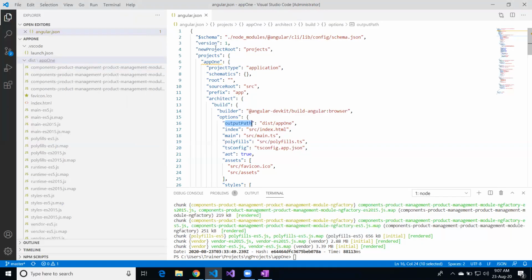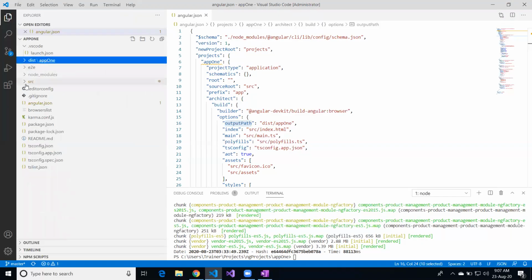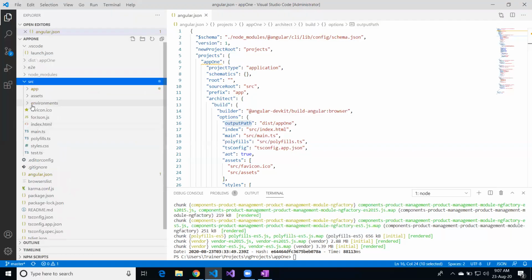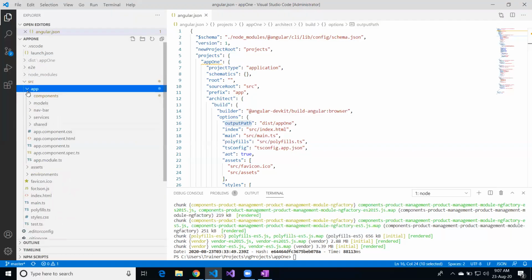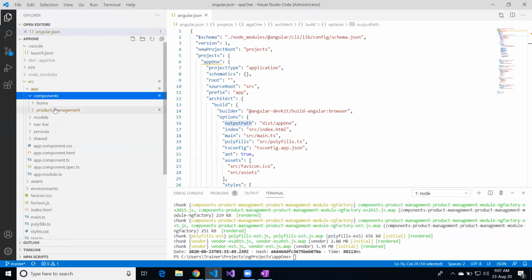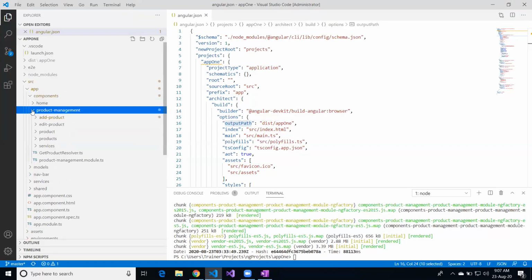Somehow that is not working. So let me just browse to the path later on. But let's say we have another module, right? We just have one module right now. Let's say we have a module, and